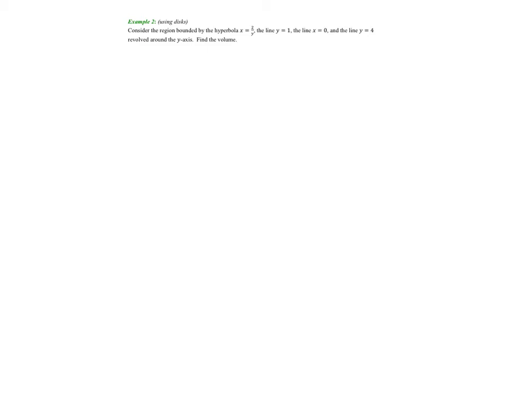Okay, so let's consider this in quadrant 1 and look at what would happen. So let's do a little sketch. Oh my goodness, get a straight line. That's better. Okay, so here's x equals 0. Oops, that's not at all x equals 0, sorry. Here is x equals 0. Let's make a line here at y equals 1. We'll make another line at